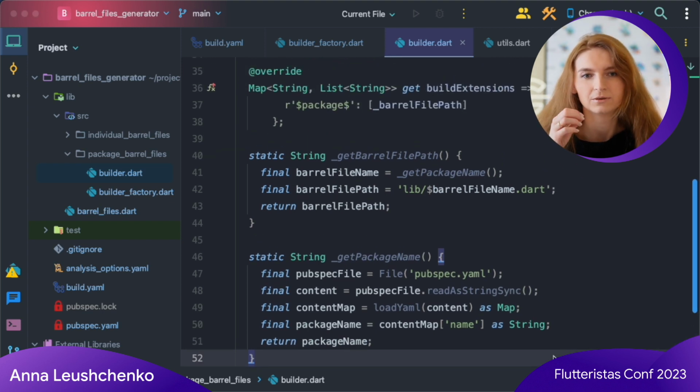So that's how build extensions getter is implemented. I return a map with a special keyword that ensures the builder is run only once, and I calculate the future output file name in advance by reading the package name from the pubspec YAML file from the file system synchronously.